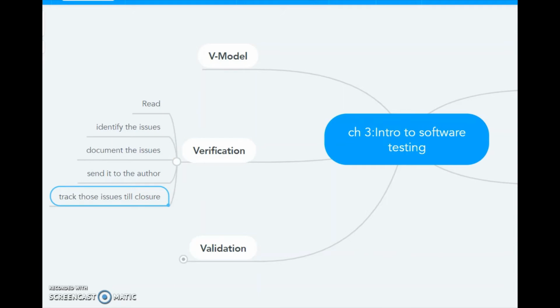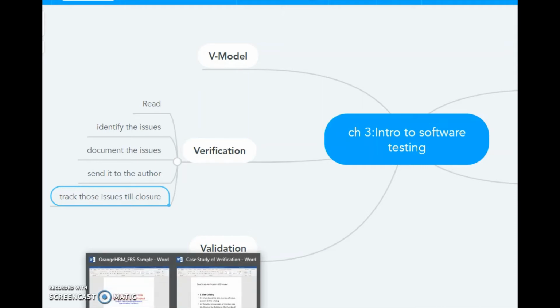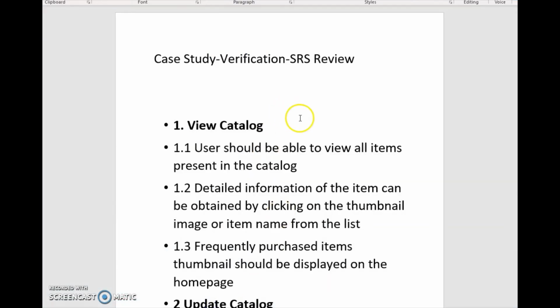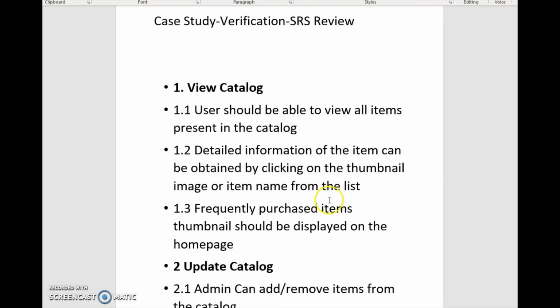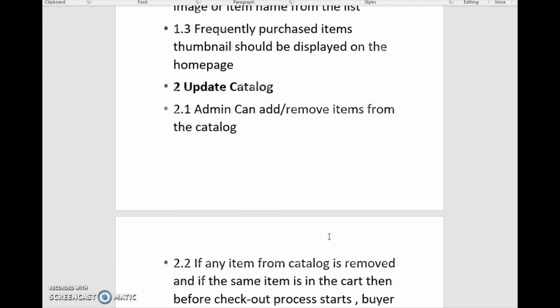Now let us move to the activity. The case study that I want you to go through is an SRS, a dummy SRS I have created. I'm not going to read the entire SRS.